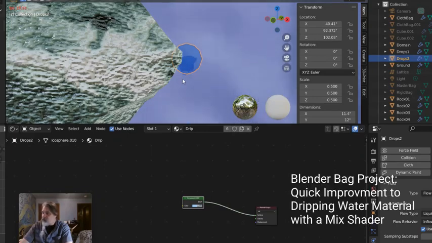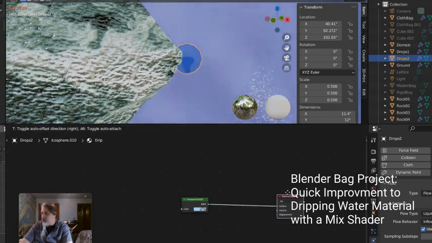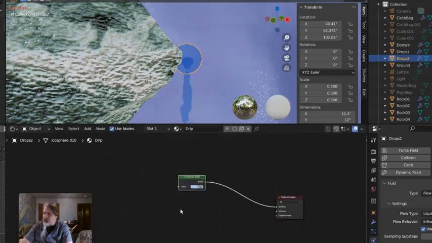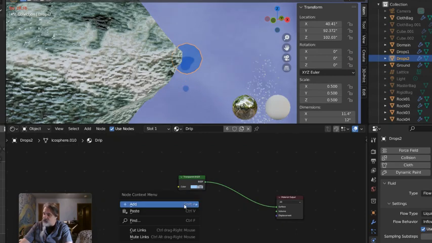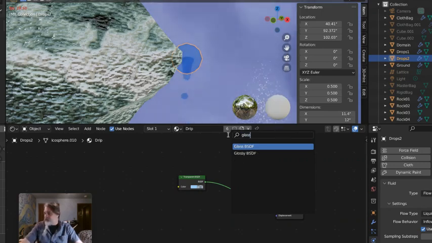Okay, so I think I'd like to modify the material on my water droplets. Right now, I've just got basically just a transparent BSDF on it. So I'm wondering if maybe, without getting too into the weeds or complicating it too much, I can just quickly do a few things to modify this. So I'm thinking of the glass shader,